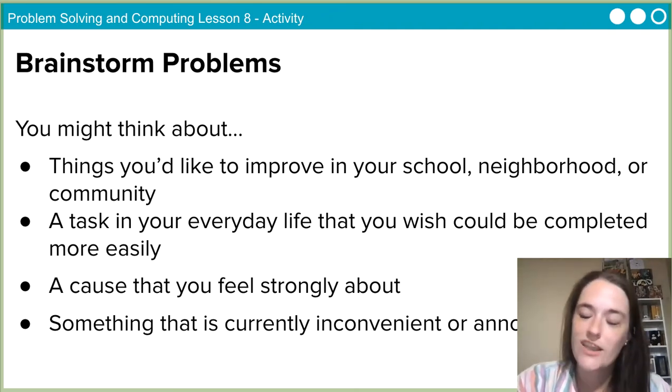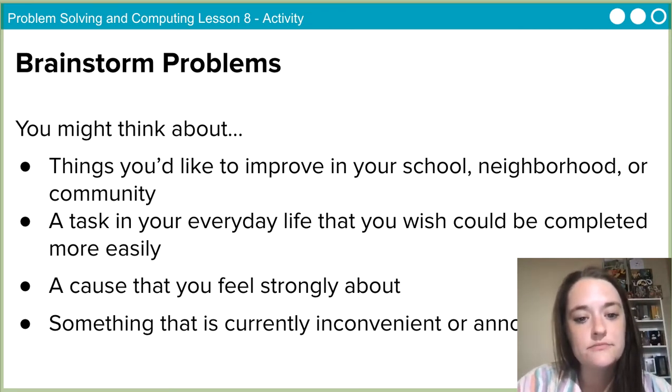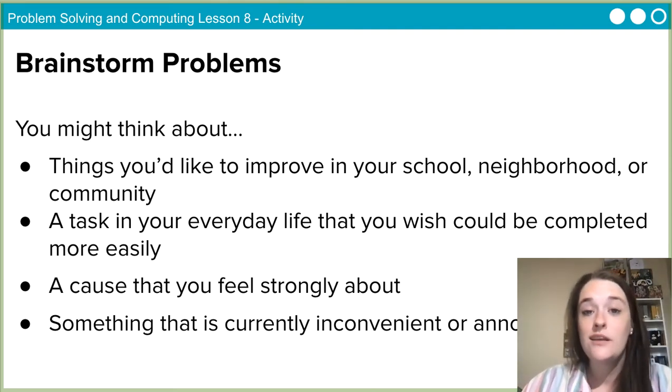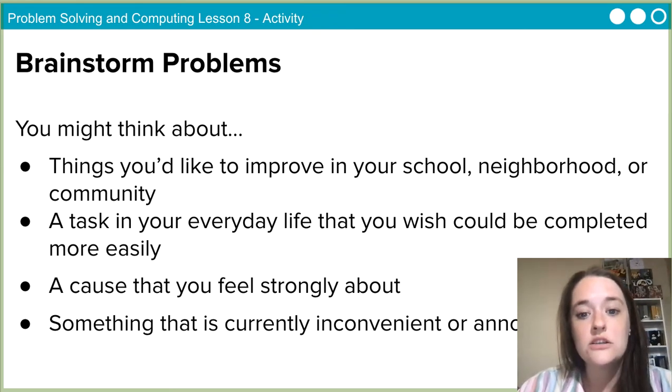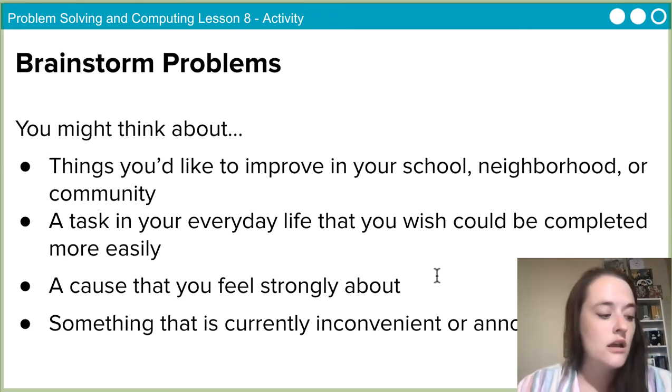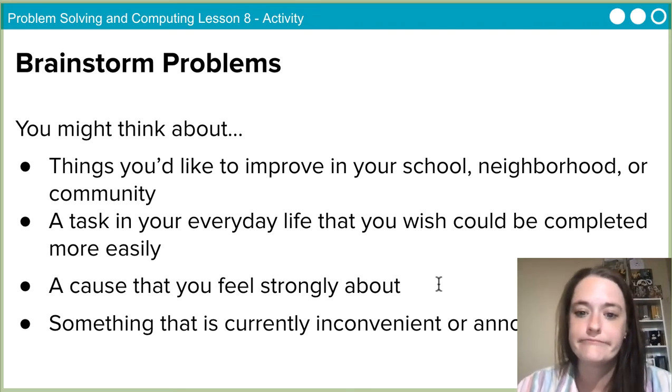Okay, and that's just what's in my head. All right, a cause that you feel strongly about. Something that is currently inconvenient or annoying to do. Okay, well, that applies to what I'm thinking about. A cause that you feel strongly about, that could be like maybe the animal shelter. That could be lots of things like homelessness. You know, the possibilities are endless there. Literally just look up